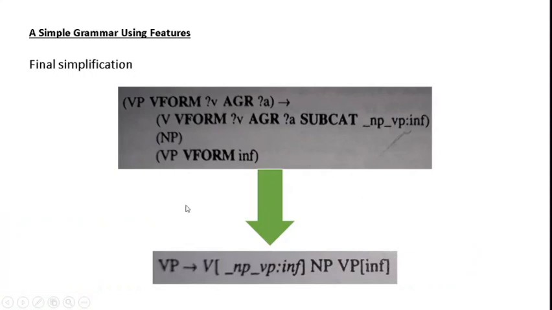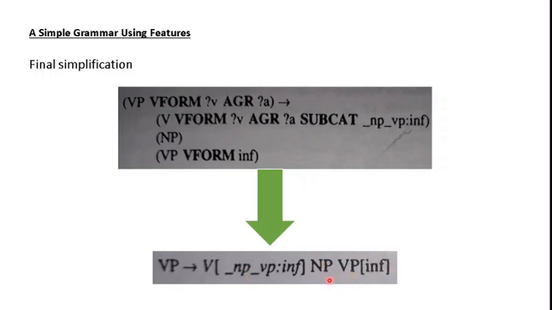So applying the two forms of complexity reduction, what we have finally is this form. This grammatical rule is reduced to this form. Can you just recall what all things we applied here? What we did was we first removed the feature names altogether. So if you see in the final form, there are no feature names written. Only feature values are written because they are unique within each feature.